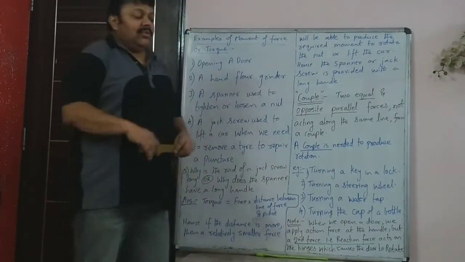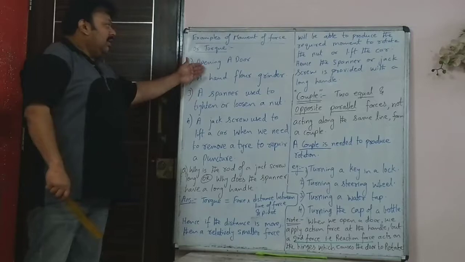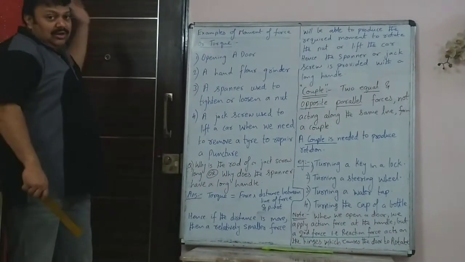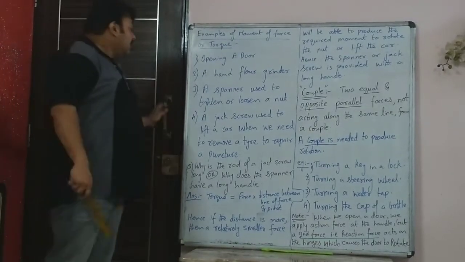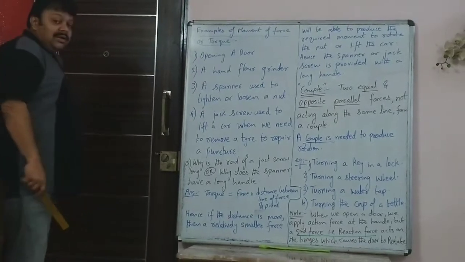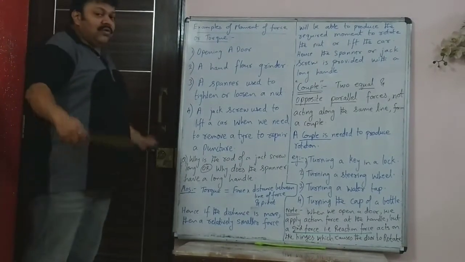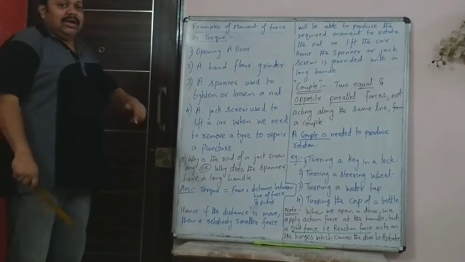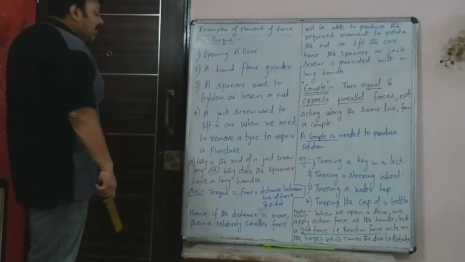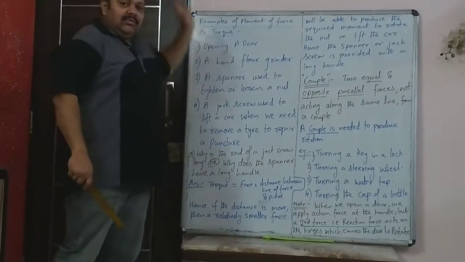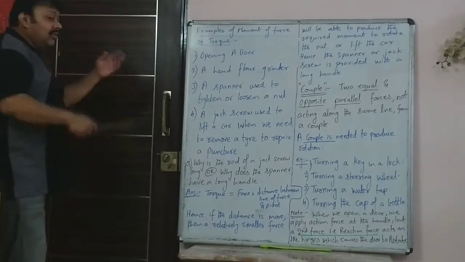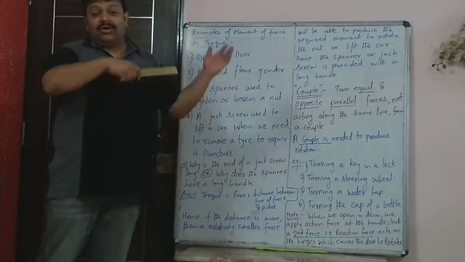So obviously some of you may ask, sir, you told that opening a door, there only one force is there. We are applying a force only at the handle and still that is producing rotation. Yes, that is the action force. But a second force is acting at the pivot automatically. When you apply an action force, in standard 9 you had learned that there will be an equal and opposite reaction force. That reaction force automatically happens at the pivot along the hinges. So without that reaction force, the door would have not opened or rotated, it would have fallen down.